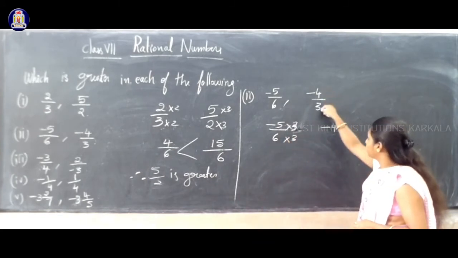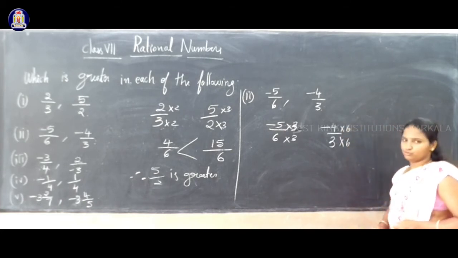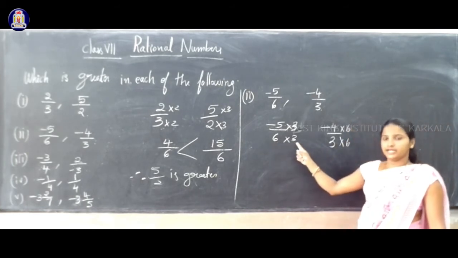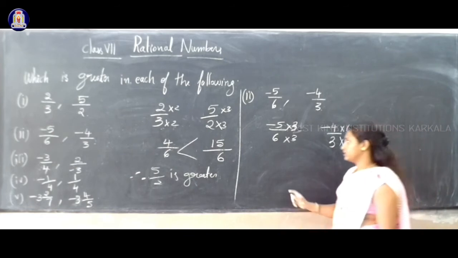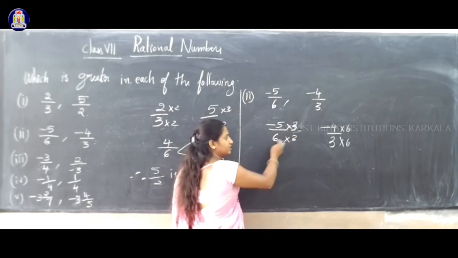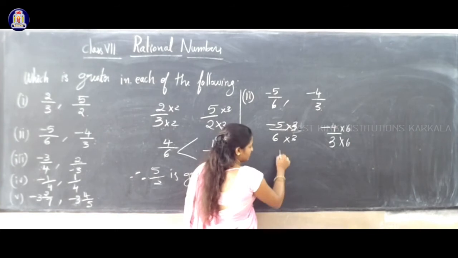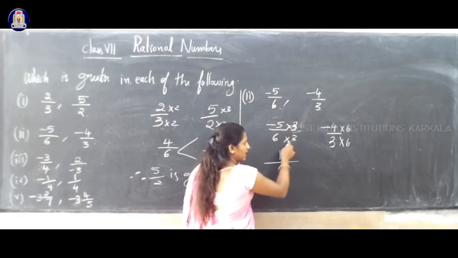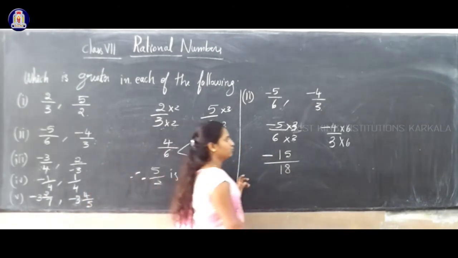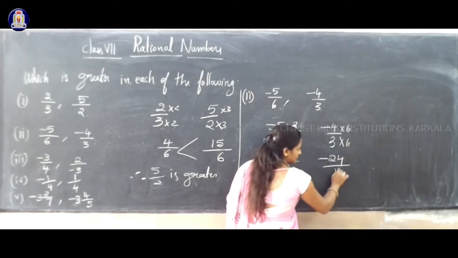Okay. So multiply 3 to both numerator and denominator. Then minus 4 by 3: you have to multiply 6 to both numerator and denominator. If you multiply 6, we get 6 3s are 18 and 3 6s are also 18. Numerator into numerator, denominator into denominator. So 5 3s are 15 and 6 3s are 18. So minus 15 by 18, and here 4 6s are 24, the sign is minus, and 3 6s are 18.